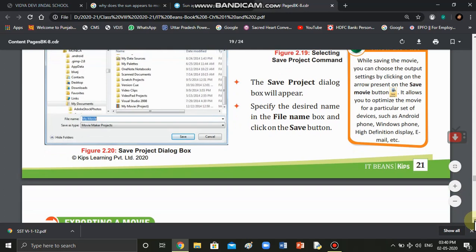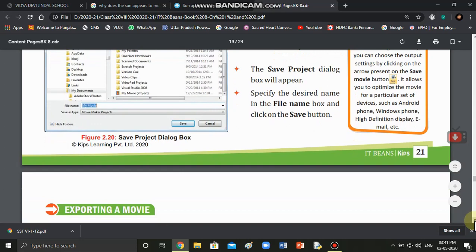For example, if you want to save that movie as HD quality, then select HD. If you want to save it as a small movie clip, then select some other option.